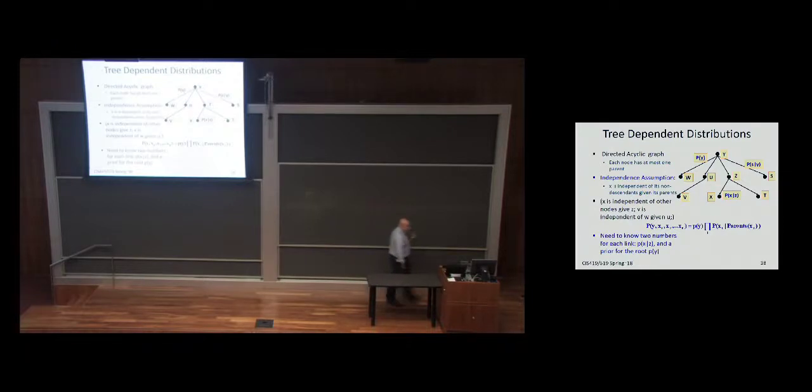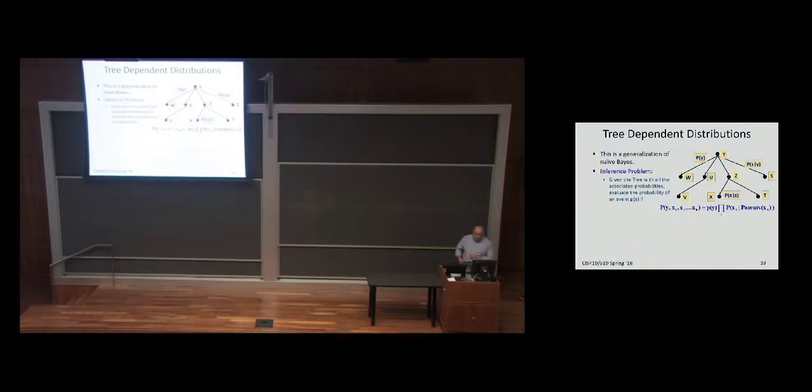So basically, my goal in the next few minutes is to convince you that you know how to do inference on these trees. I'm not going to give you a formal algorithm, but we're going to try a few cases and convince ourselves that we know how to compute it. So let's start by computing the probability of the event X equals 1. Now, we don't know it ahead of time because it's not one of these numbers.